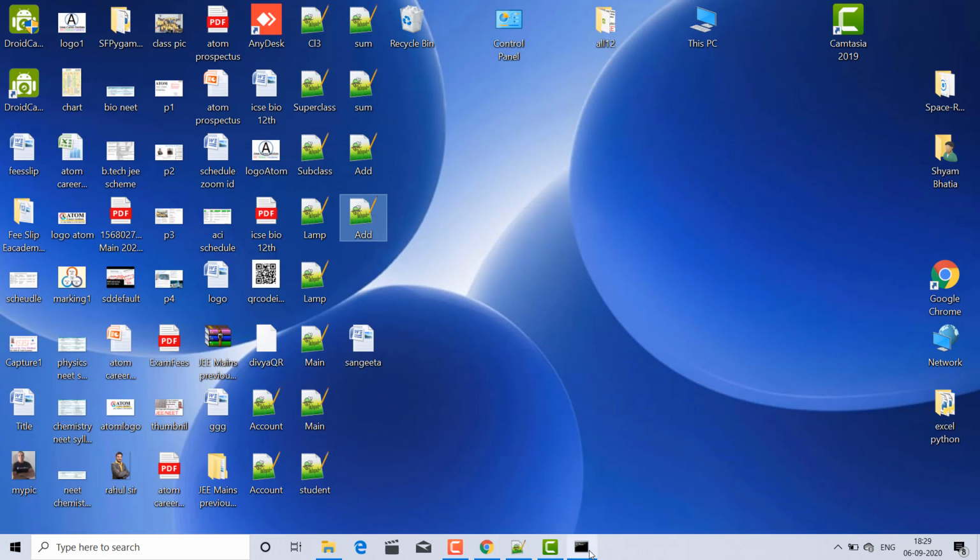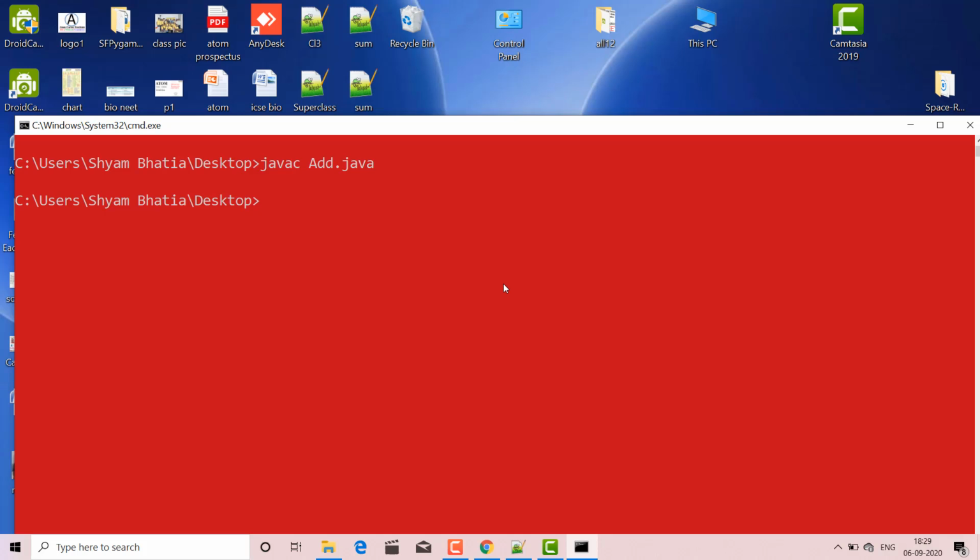So first of all you have to type javac space Add.java. It means it will create the class file. The bytecode has been generated, the class file has been generated. Now we will run that.